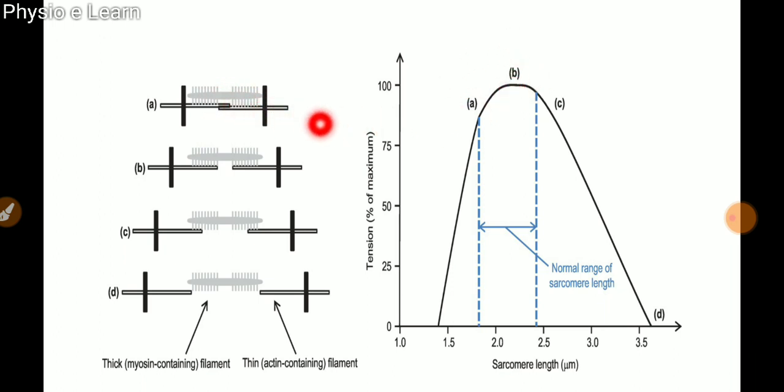So the A can be because of the pericarditis or the diabetes, that is in the ascending limb. There is no optimal tension, and C and D can happen in cardiomyopathies. So this is the length tension relationship or the Starling law, where up to a point the length tension relationship can work, and after a certain point, if you further increase the length of the muscle, then there is a fall in the contraction or the force of contraction of the muscle. So that is the Starling law.